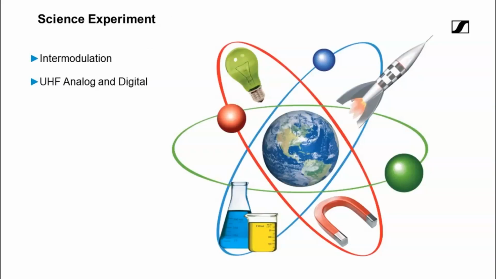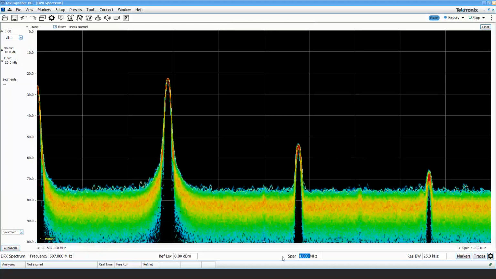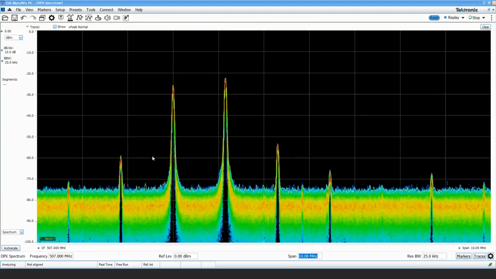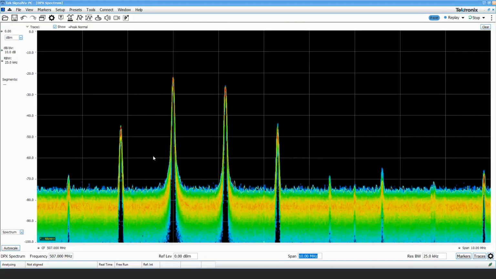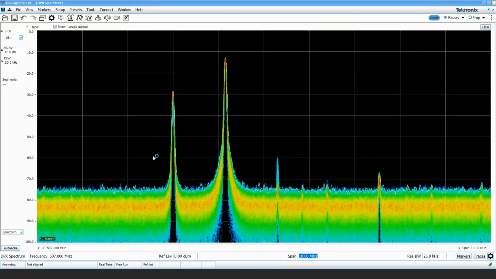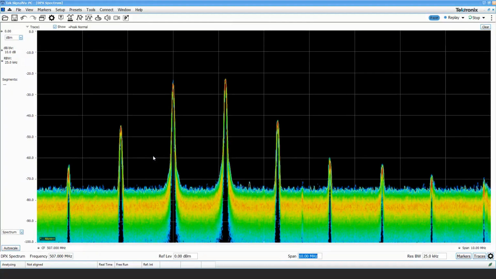I'm going to share my screen, and I'm going to put up a spectrum analyzer that I have here. Just one sec. I'm going to go ahead and run this, and I'm going to zoom out. So I've got two transmitters operating kind of close to each other. I've got a body pack and a handheld, and I have them at their highest power setting. And so we can see when I separate my hands, you can kind of see the two carriers, one to the left and one to the right there. And then as I get them together, we see these intermodulation frequencies pop up.